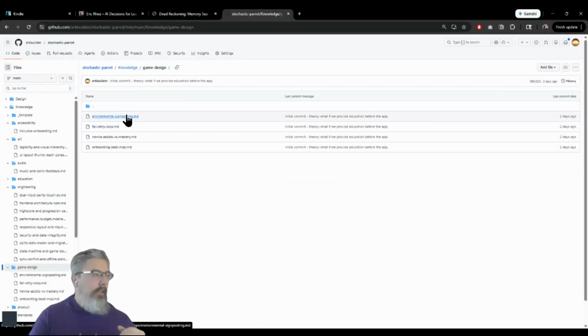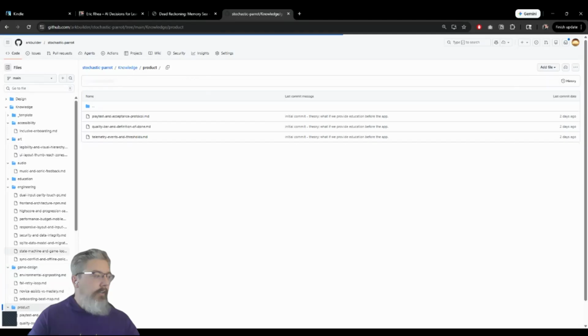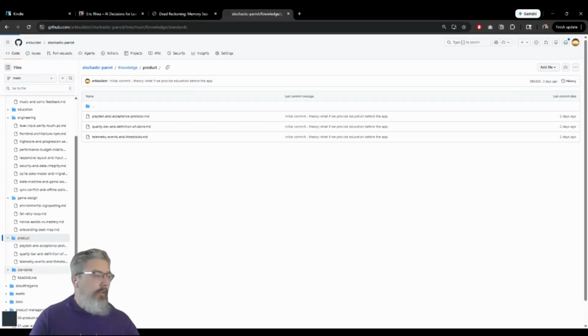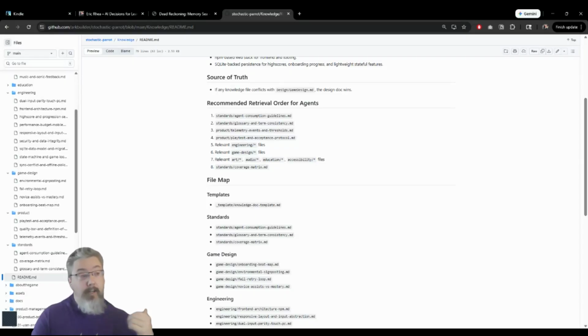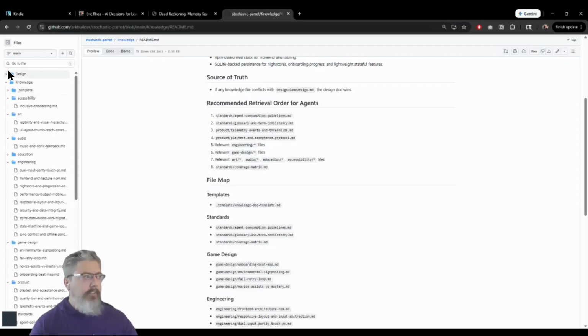if I pull down, there's even game design in here. There's some stuff about the product itself, some telemetry and standards. I couldn't tell you how much of this is actually in the final product, but what it seems to have done is created a much better base with which the code could work, because clearly the game is probably, in terms of a quick 2-day vibe coded product, the most complete thing I've done game wise. I've done a ton of vibe coded apps and games, but nothing quite to this level so quickly. And I attribute a lot of that to all these different files